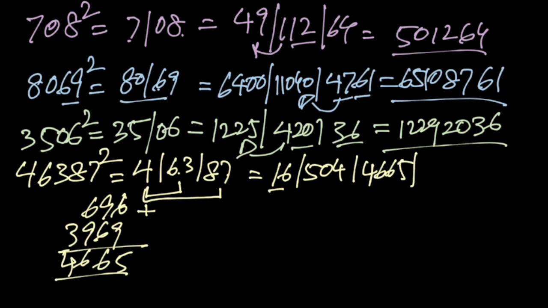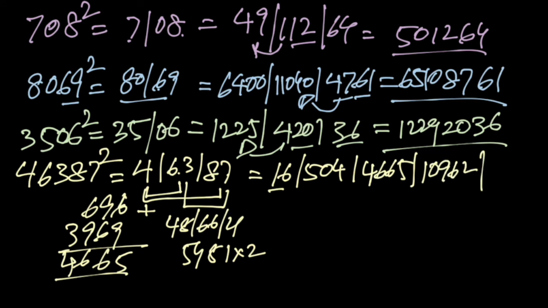Then we have to multiply these two numbers. So, 63 times 87 and double that. So, 63 times 87 is 48, and then 24, 42, 66 and 21. So, 1854 times 2. So, this one is 108, 10962. Then we have to add square of 87, which is 7569. So, with this we can solve.